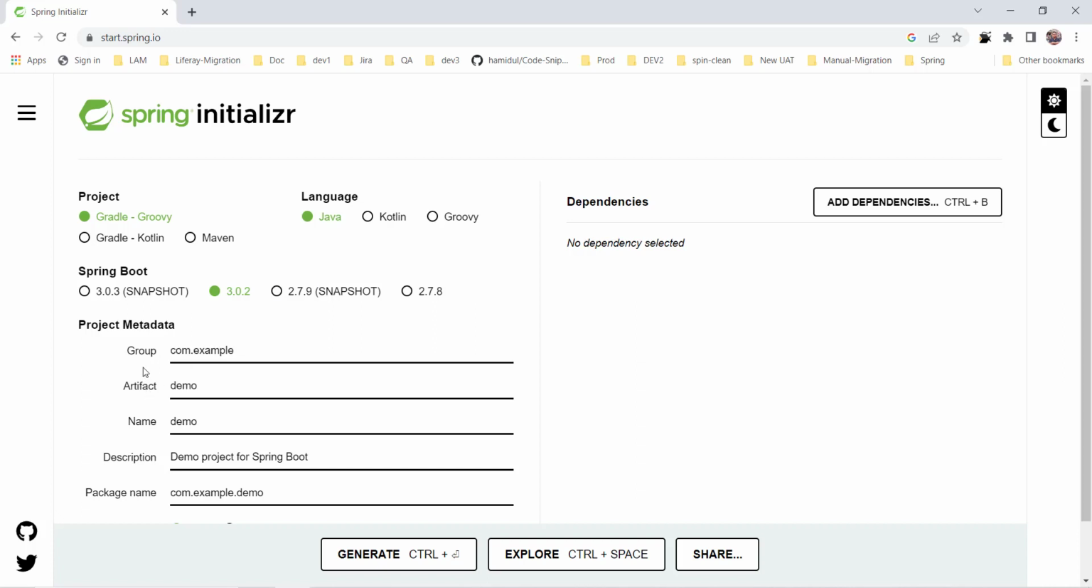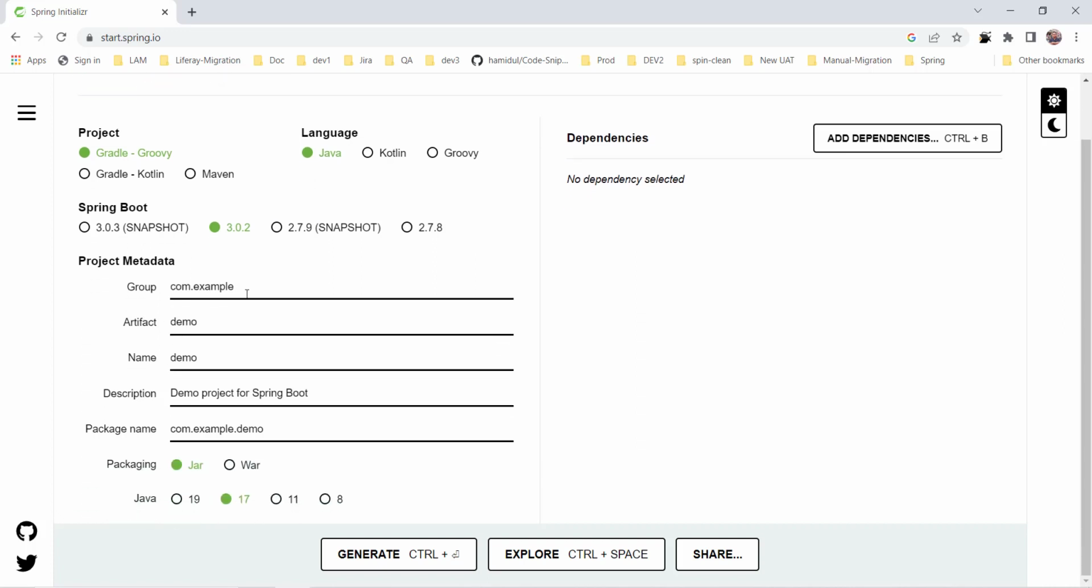Okay, you can see the group com.example and the artifact. I can say demo REST API. With this artifact name, a folder will be created, I mean, the project will be created. Okay, demo project, you can see the description, demo project for Spring Boot. Yeah, it's okay, and I want to make the package name